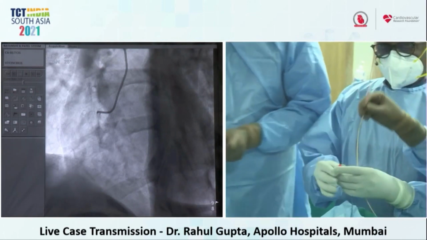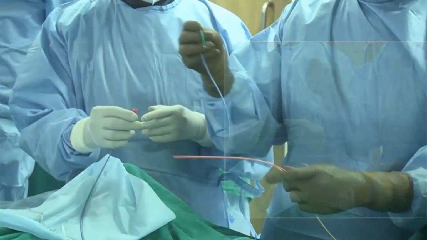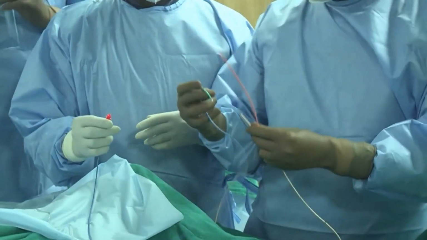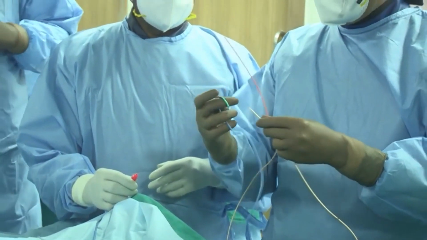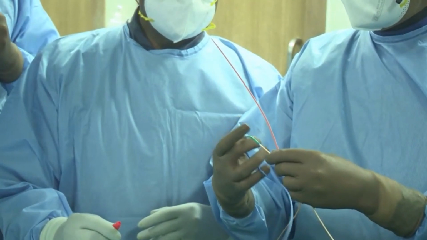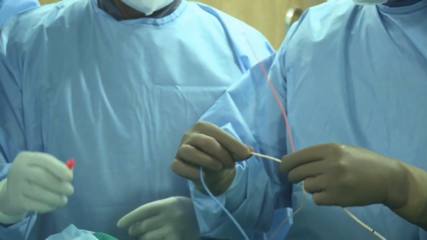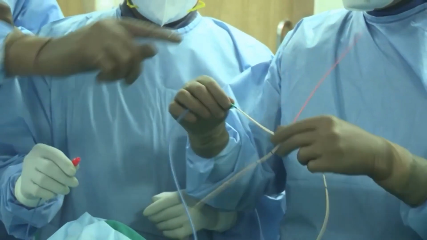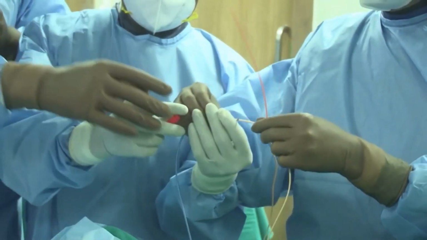We have activated the hydrophilic coating, just did the flushing of the catheter, and what we are going to do is always load it from the back side. The hydrophilic coating is in the front. The reason for doing this is that we don't want to disturb this hydrophilic coating, and we don't want to damage the tip. So this is how we go back. The taper is always on the front and the blunt is always behind.